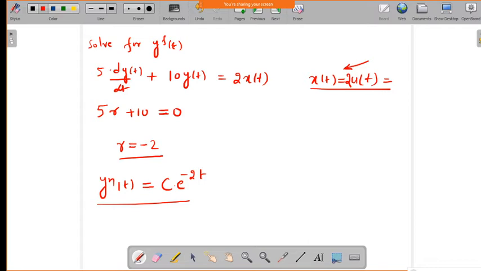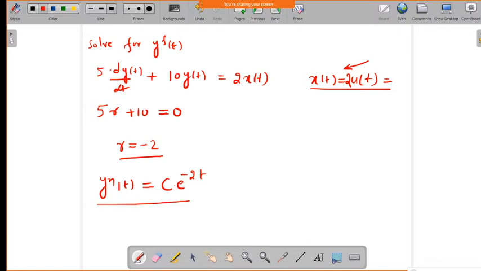Now, what is the forced response, the complete solution, which is nothing but the forced response in terms of the natural response and the particular integral or particular solution, that is y_n(t) plus y_p(t). Okay. So, this will be given by c into e^(-2t) plus 2 by 5. So, this is the forced response. But we need to find out the value of the constant c.